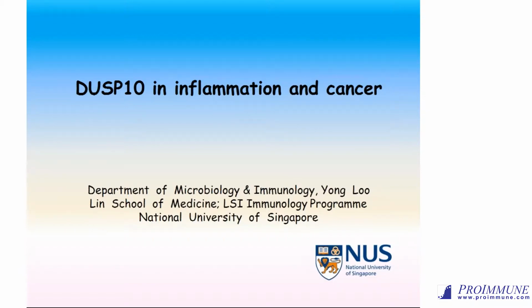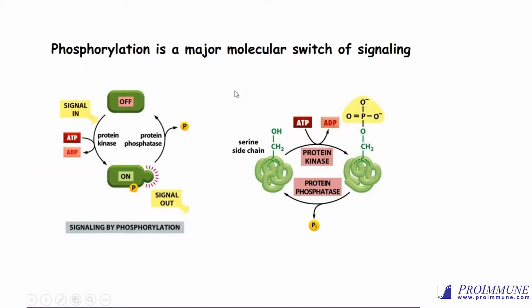So today I'm going to talk about one of the molecules in the dual specificity phosphatase family, known as DUSP10. As we know, phosphorylation is a major molecular switch of signaling. When the cell receives a signal, protein kinase will transfer the gamma phosphoryl group to its substrate. And upon phosphorylation, many features of this substrate will change, including their activity, interaction with other proteins, as well as their stability and subcellular